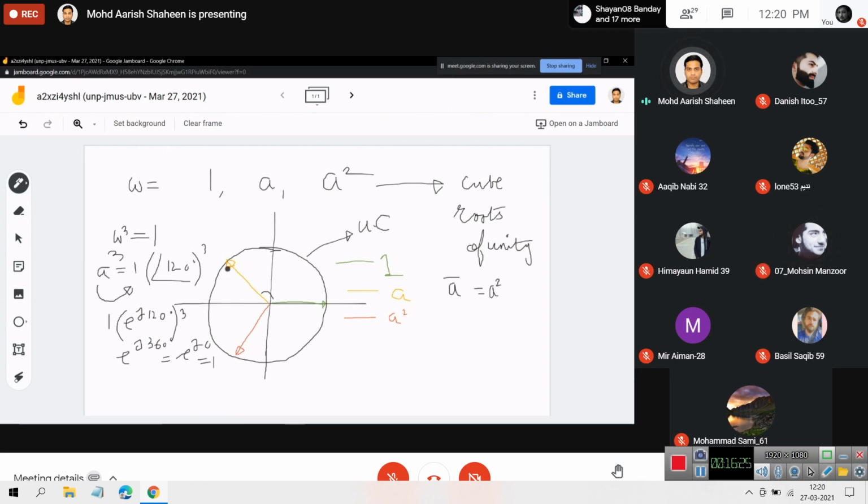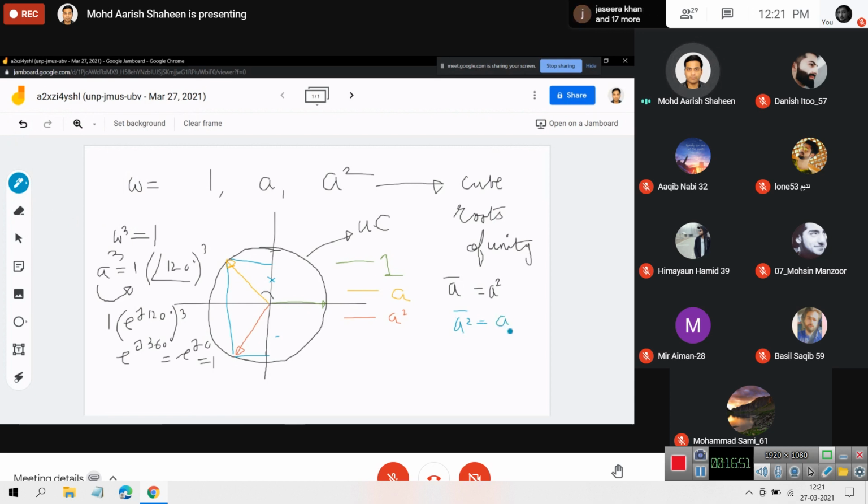What does conjugate mean? If you look here, let us look at this point. We have the same real part, okay, and the imaginary parts are equal and opposite. So this here is positive while here it is negative. Okay, so a and a square are mutually conjugate. In the same way, the conjugate of a square is equal to a, okay, if I conjugate both sides.